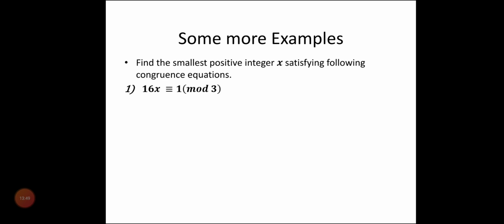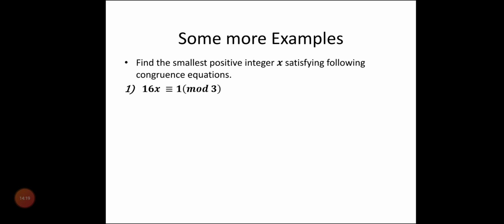In the earlier examples, we have considered the equation of the type a congruent to x modulo 3. Now here we are considering the equation as ax congruent to b modulo 3 or modulo n. So to get the value of x over here, obviously the value of x lies between 1 and 3. So the first method is you can go on putting the value of x between 1 and 3, because 3 is not a very big number.